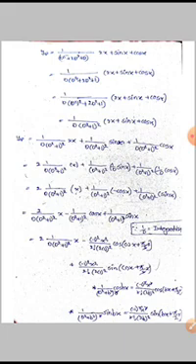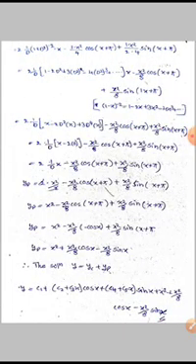We are using this formula: 1 by D square plus b square all to the power of a cos bx is equal to minus 1 all to the power of r x to the power of r by 2 to the r factorial 2b square cos of bx plus pi by 2r. Using that formula, we simplify it and get this result. After simplification the binomial expansion is also used, that is, 1 minus x all to the power of minus 2 is equal to 1 minus 2x plus 3x square. Using that formula we simplify the first term.